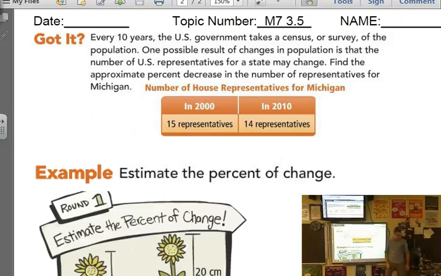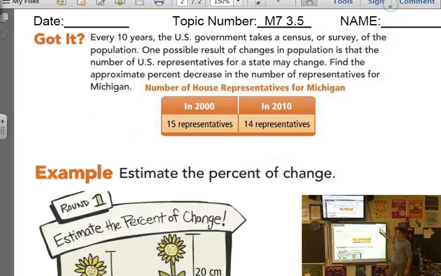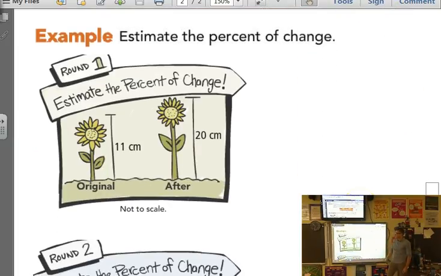Now, one word that some mathematicians are a little iffy on: estimate. When we estimate, this is like your everyday sort of mental math. You're not touching a calculator. You're making the numbers as easy as possible to work with. So if my percent change here needs to be estimated,